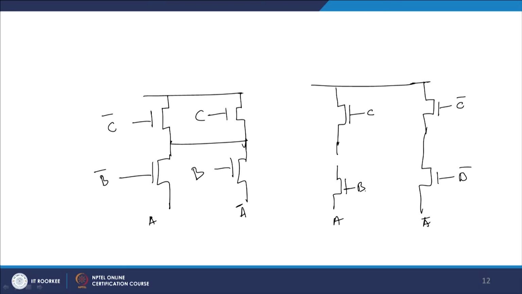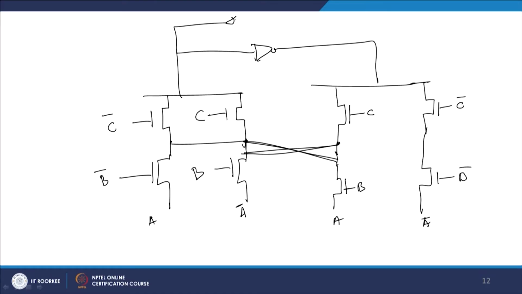So, this is B A, this is B bar A bar, and let us see how it works out in terms of this actually going in this direction, and this going to the other. So, you see this will be going where? This will be coming like this, this will be coming like this, and then this will be going like this. So, this is your out bar and this is your out. So, whenever your A and B, you see very well, this is basically your XNOR